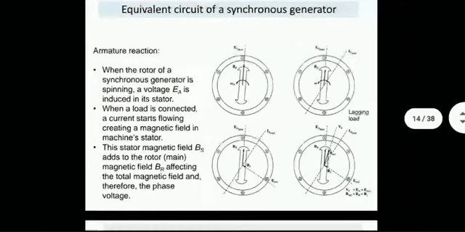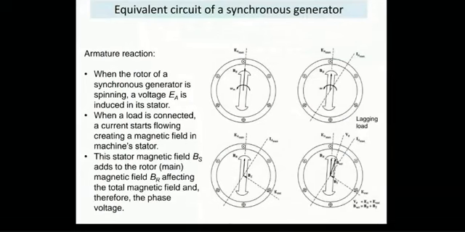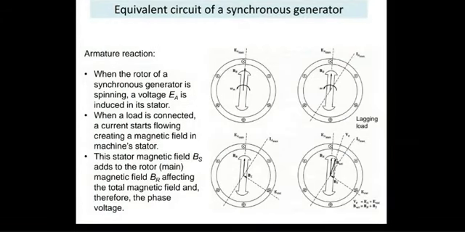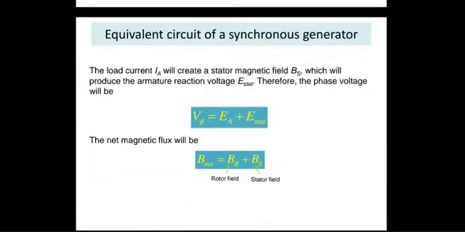Armature reaction is another serious issue which I had mentioned in case of DC machines also. What it means is that when the rotor is rotating at a high speed or even at a lower speed, it will produce its own flux, which will kind of affect the main flux being produced. That phenomenon is not easy to model, but we typically take a ballpark value of how much reduction would take place because of armature reaction in the overall voltage and try to put that in the equivalent circuit. If nothing is given, you ignore armature reaction completely.